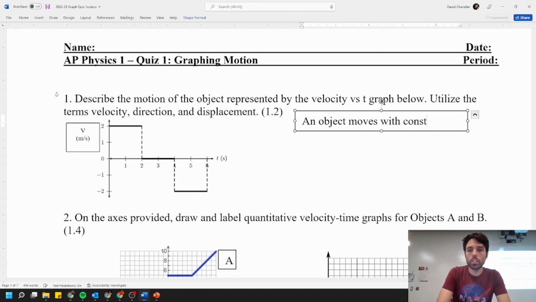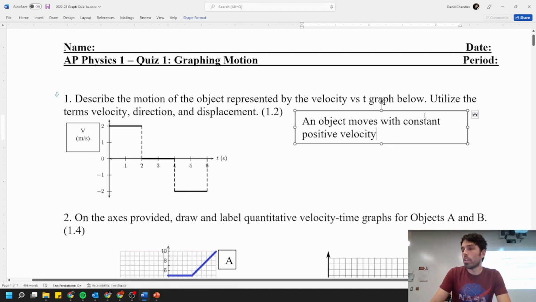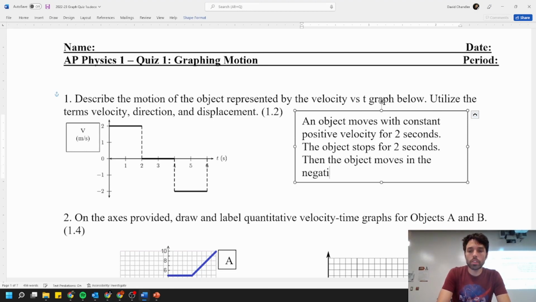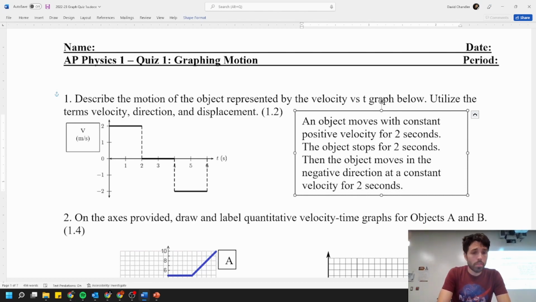moves with constant positive velocity because it is moving in the positive direction there for 2 seconds. The object stops for 2 seconds. Then the object moves in the negative direction at a constant velocity for 2 seconds. And you could give me the velocities too, is positive at 2 meters a second, negative at 2 meters a